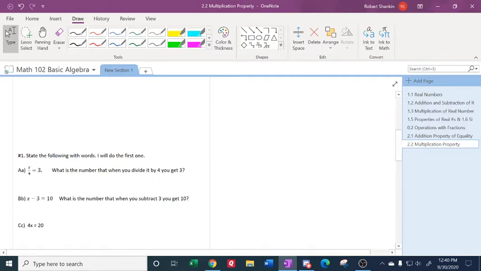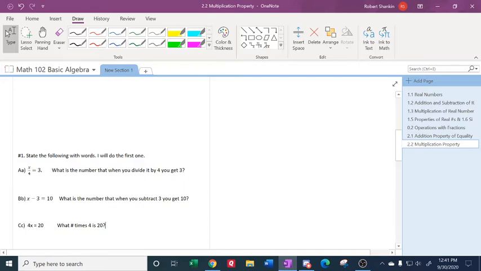And then the last one, what number times 4? Now I'm reversing the order here because it makes it go a little quicker. What number times 4 is 20? Kind of like it was x times 4 instead of 4x. But you get the same result when you multiply in either order. All right, now